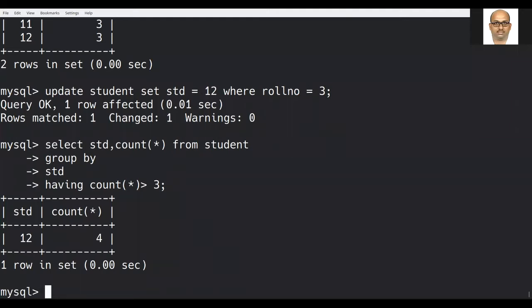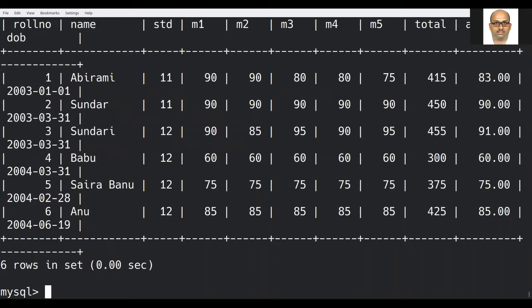Let us discuss the aggregate functions as well as group by here. All right, aggregate functions. So select star from student. Let us recheck what data is present. For the aggregate function here, see, I have class 11 and class 12 students, right?